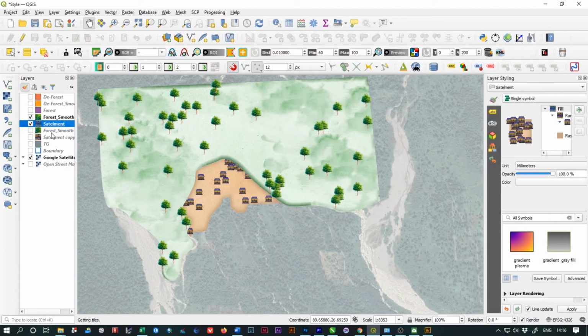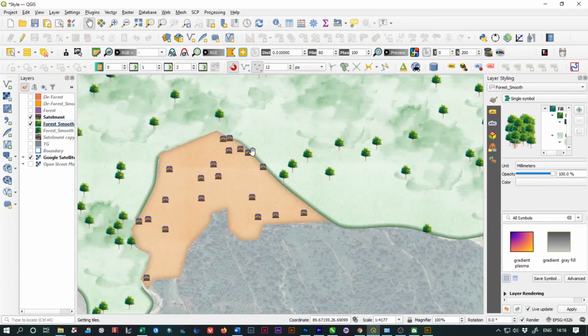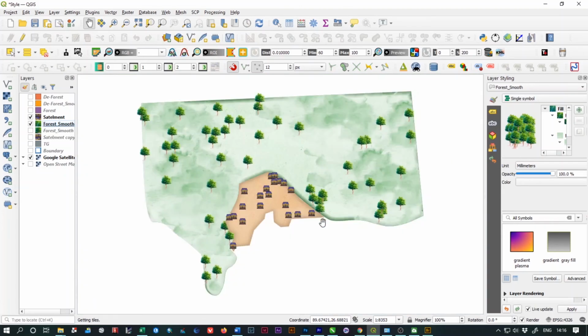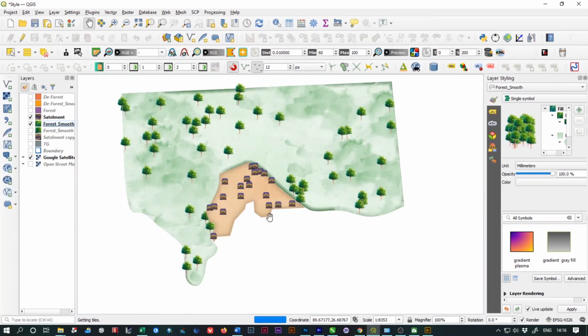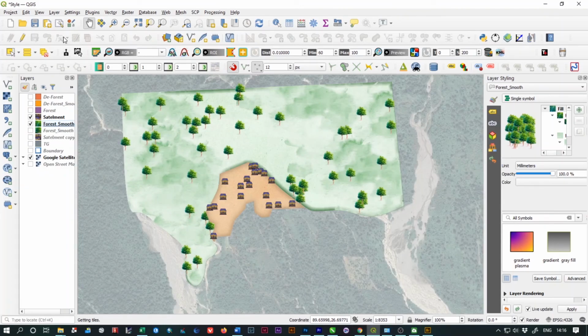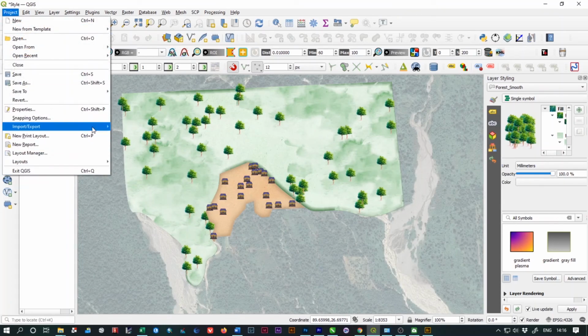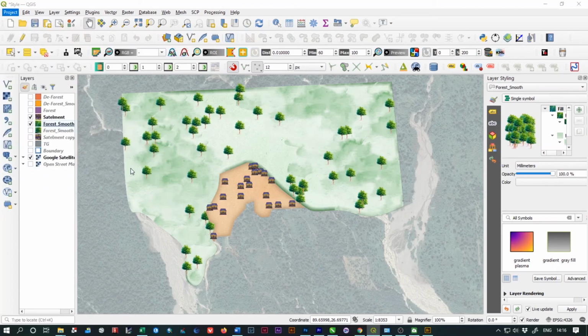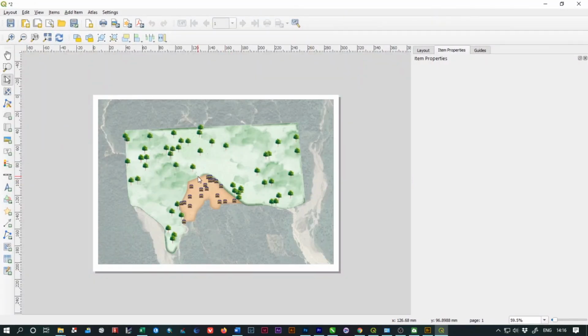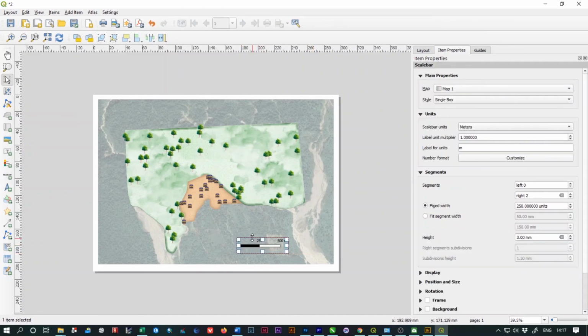Now move the human settlement layer to the upside of the forest layer. So as you can see, the houses now look very good. Okay, now we are going to add the print layout. Okay, see, it now looks very fine, and as we know, you're supposed to add some scales,